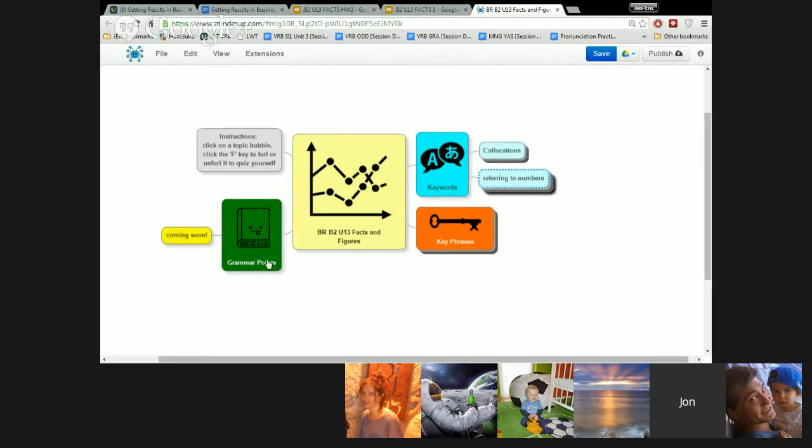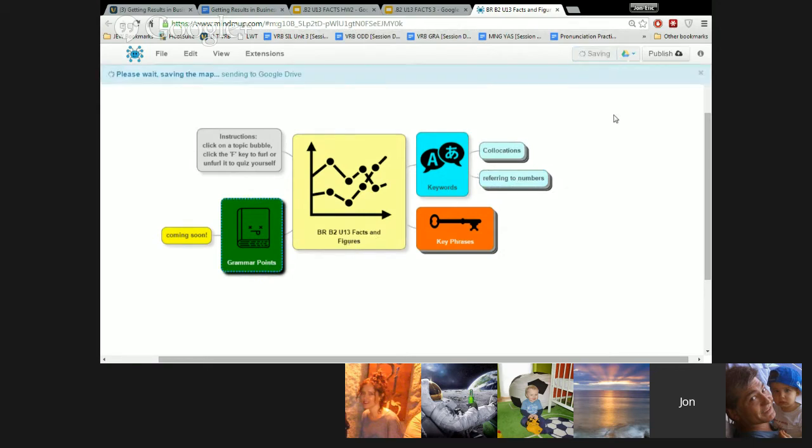Okay. So the grammar points are not there yet. They're coming soon because we're going to do that today, or we're going to start it today. So it's not there, but it will be there. So remember, that map is there for you to use. During a speaking task, you should open the map and cheat. That's okay. On your own, you should use it to test yourself. I'm going to close it for now.